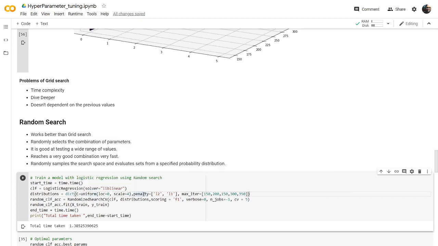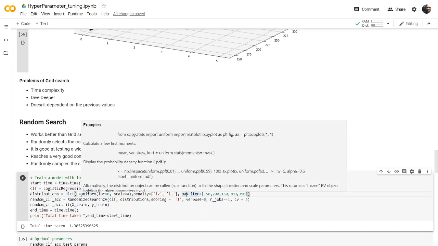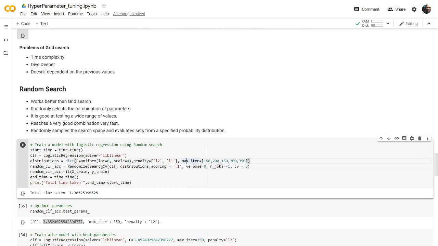And the penalty we just set to L1 and L2, because we have only two options. For max iterations you can also try uniform, but for simplicity I'm just using the same values here. I'm randomly selecting the C value here. Same as grid search, you will have the model, the distribution of values, scoring, the same n_jobs and cross validation here as well.